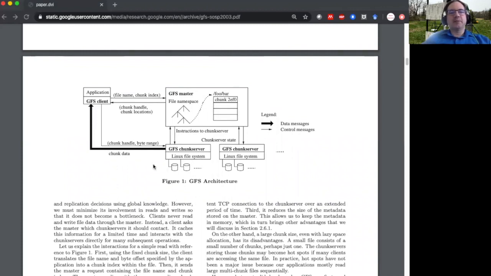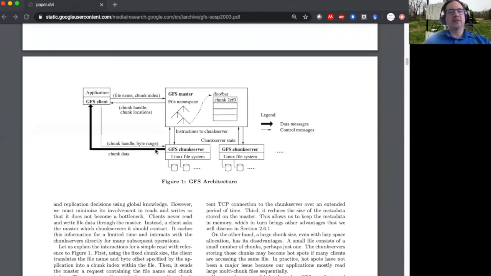We've looked at this previously in class, but I just wanted to highlight some of the core points from this figure. Here we have a setup between the application and the GFS master and the GFS chunk servers. Just a reminder that there is a legend included, which looks at the data messages and the control messages. As we discussed in class, they do this nice job of making the chunk data thicker in order to illustrate that there is a larger amount of data flowing through these channels than the exchanges